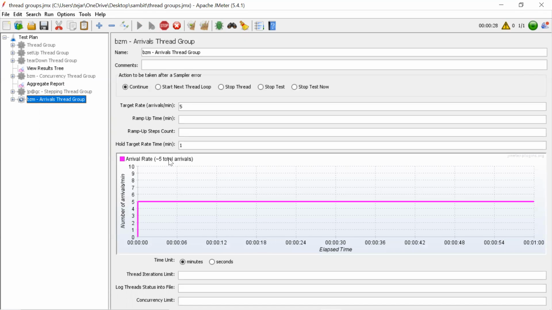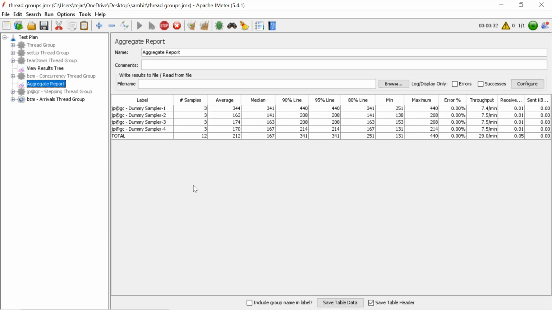So it says 5 arrivals. It's arrivals per minute, right? So I think 5 every 12 seconds. Only one user is entering, right? Only one user.